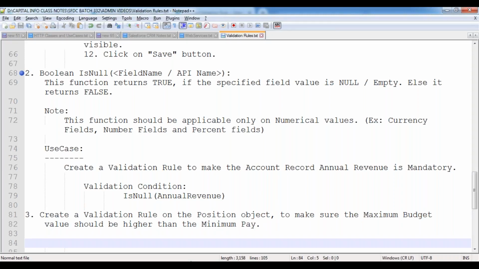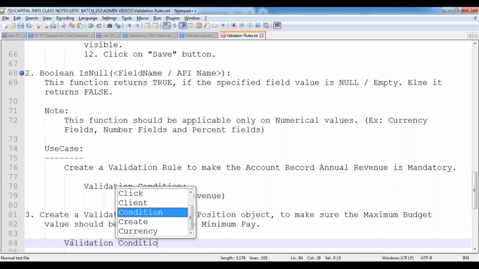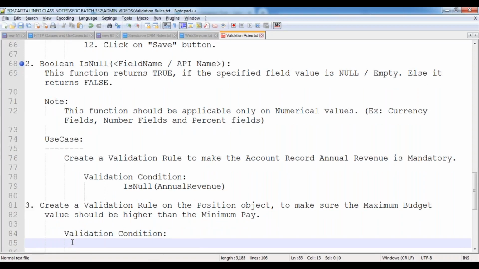Minimum budget should be less, maximum budget should be high, always. Then how can we do that? Now let's see practically in this case. Now let's see the validation condition. How can we implement this validation condition? Now let's see practically.